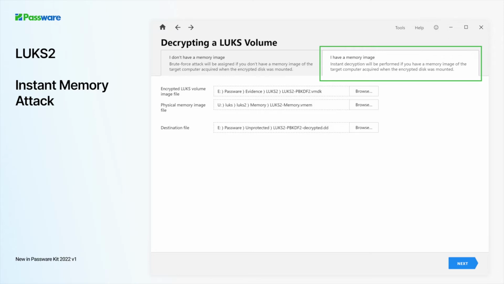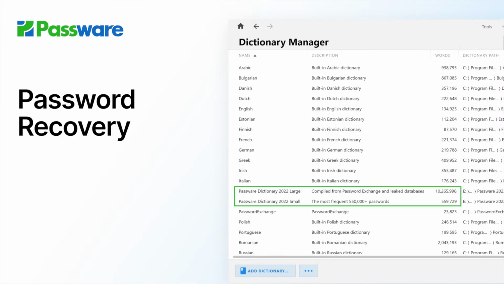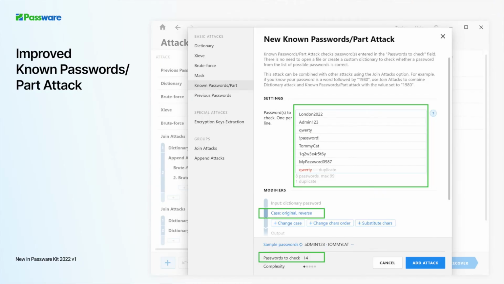To make common password recovery tasks easier, we've redesigned the known passwords attack and released a new version of our password dictionaries. We're excited to introduce an improved known passwords part attack. It is now easy to use a list of password candidates without creating a custom dictionary. The attack allows adding up to 99 passwords and using it as a separate attack or as a part of